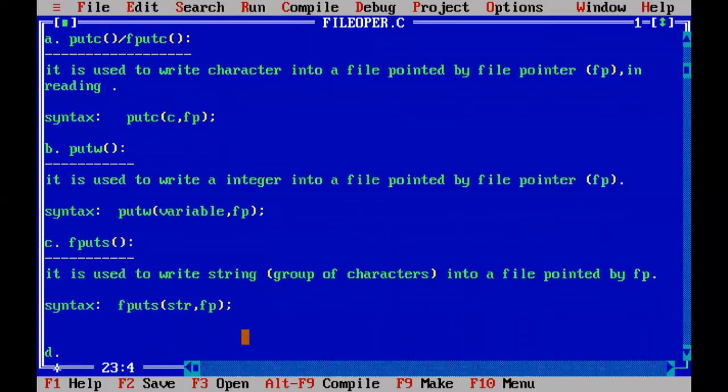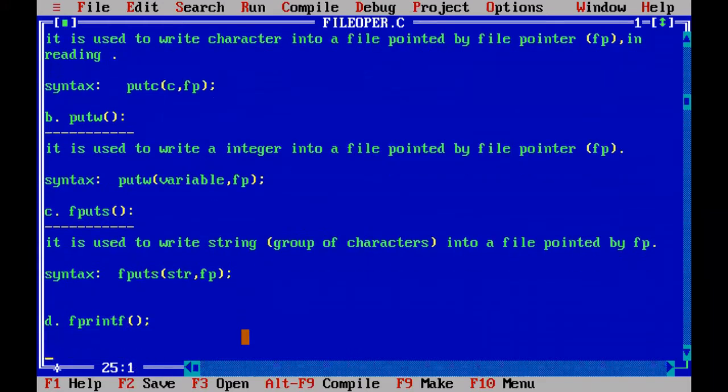And next we are going to discuss fprintf. This function is similar to the printf we used in regular programs.